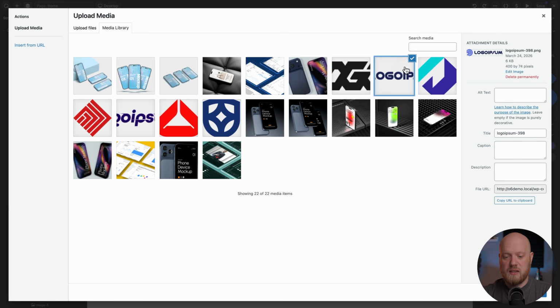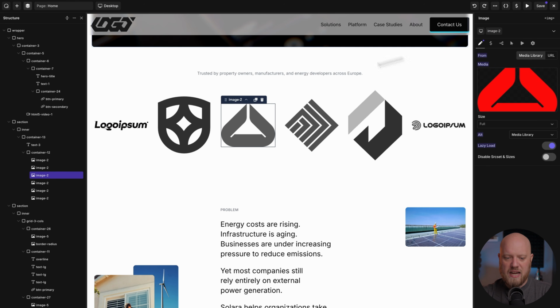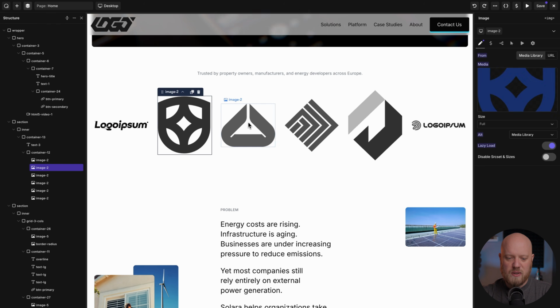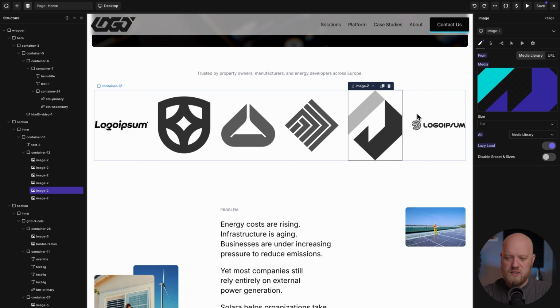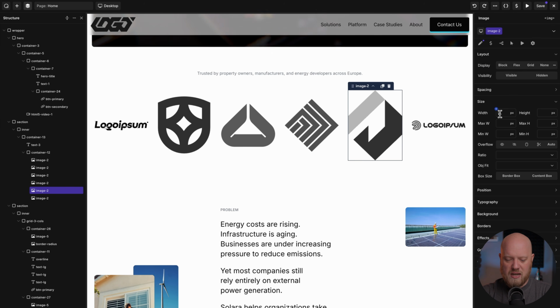Now you can see they're a little bit big. That's easy to adjust. So they're all using the image-2 class, so we can change all of them with one tweak. All we have to do is select the image-2 class, and then we go down to size and adjust it. Let's try 200 pixels. That's too big, so we can just step that down until they are the size that